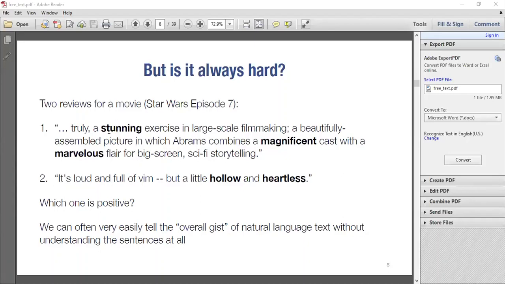For example, in this case, when you see words like stunning, magnificent, marvelous, those are positive words, so this comment is likely to be positive. Then when you see things like hollow and heartless, that denotes negative. Like Demola also said, in the exercise they did, if a sentence had "not" in it, it was likely to be negative.